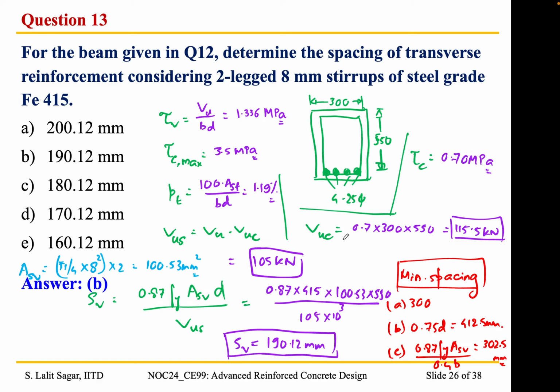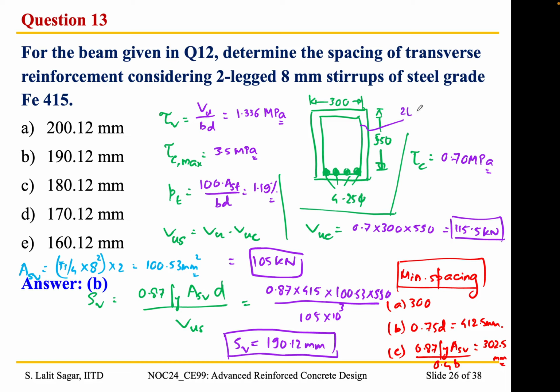Then we find out the value of Vuc, the resistance in terms of force, that is tau c bd. Then we determine the force for which the stirrups must be designed, that is Vu minus Vuc. We got 105 kilonewton. Then based on this expression, we just plug in the values of fy, Asv, d and Vus. Then we obtain the value of Sv, and this is the minimum spacing that needs to be provided. So from this we can say that based on the forces applied on this beam, we can provide